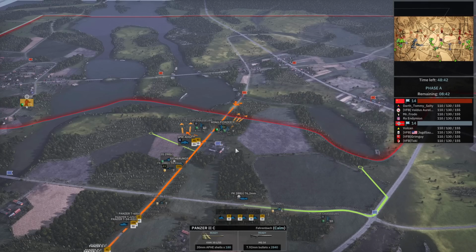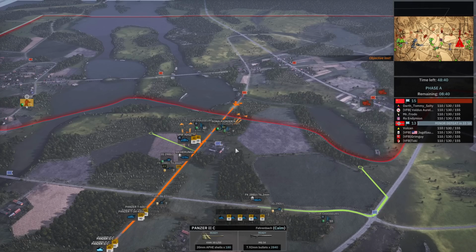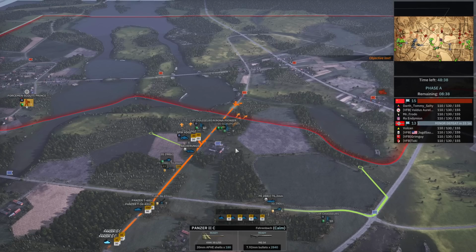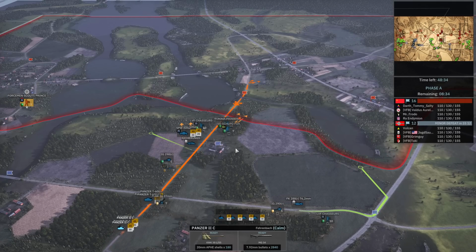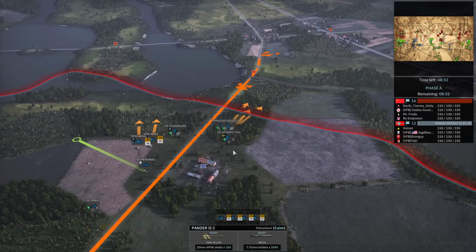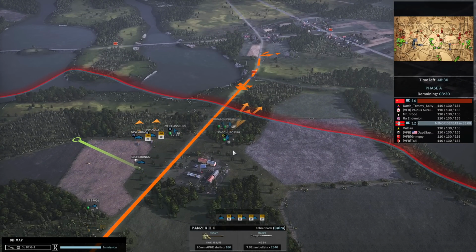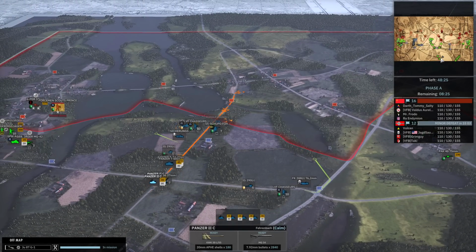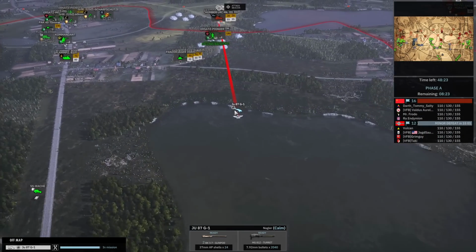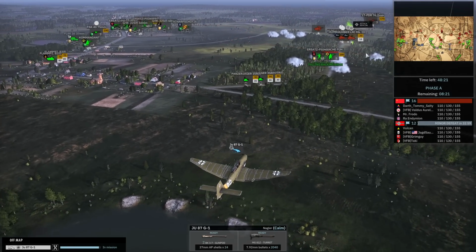Like in Phase B, you get access to some 2-bet Tigers, and those kind of need babysitting because they are the only real strong heavy tank that you're going to get in the entire division. So keeping your forces together with this division is actually pretty important. You can't really spread out too much across the map unless it's with your air force, and that's what I'm actually going to be doing at the start here as I bring up a Ju-87 G1 to help engage some